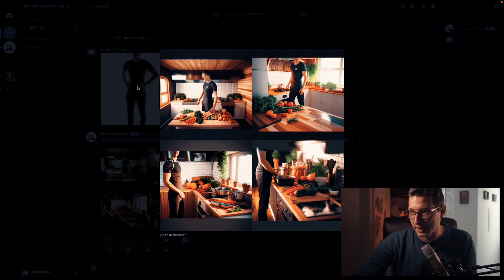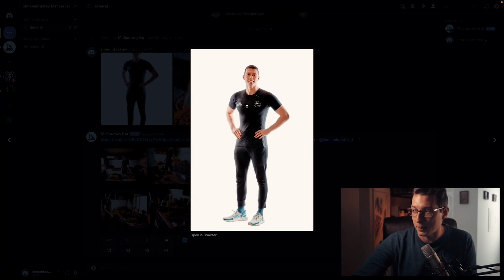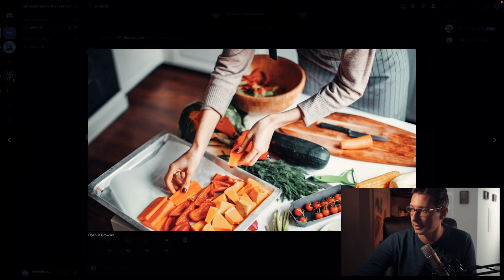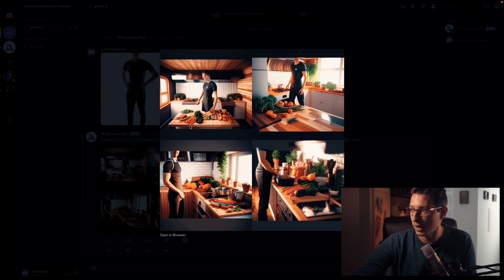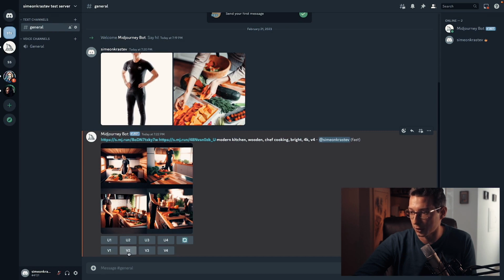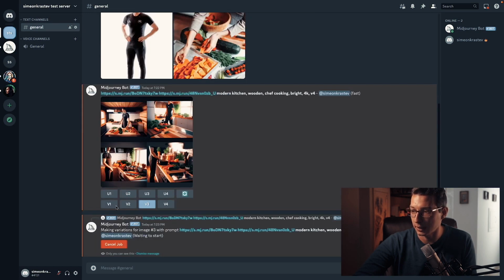Isn't that crazy? Look at that, guys. So this is the photo that I submitted to MidJourney as a reference, and then this is another image I submitted for cooking, and this is the initial draft of images it came up with. Now, based on what I like, I can, for example, select that I like version 3, so it's 1, 2, 3, and 4, and I can say I like this version,